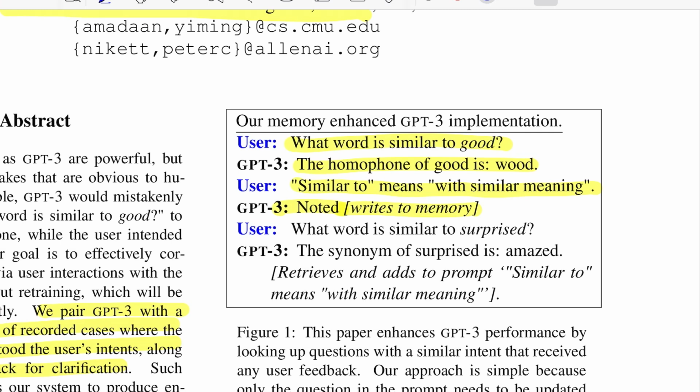Again, it's a temporary memory that is running outside a GPT model, not something that's updating its parameters. We'll look into what that architecture looks like in a moment. After that, if the user again asks the same kind of question, what word is similar to surprised, and since GPT had that feedback on what similar would mean when a particular user, let's say U1, asks about it, it knows it has to follow that feedback and replies with the synonym of surprised,